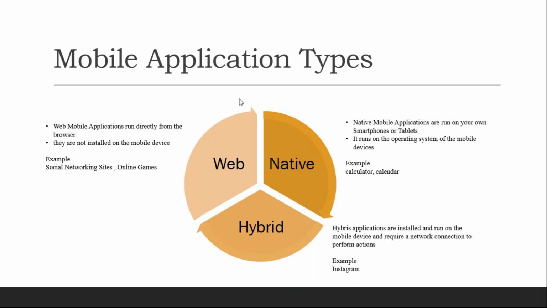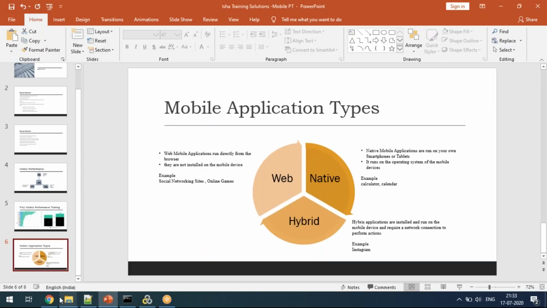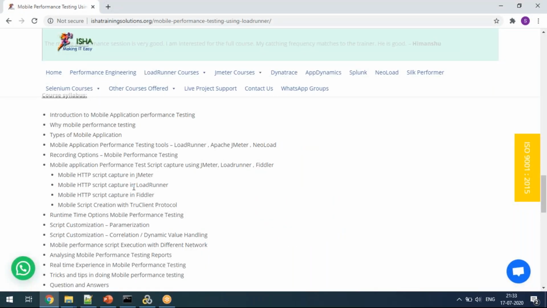Yeah. So the next topic is our mobile application performance testing tools. We are going to do an extensive understanding of LoadRunner and Apache JMeter. Okay, we are going to use those two tools. But apart from that, NeoLoad is also a wonderful tool for mobile application testing, and they have a lot of documentation as well, because that is how they came into the market.